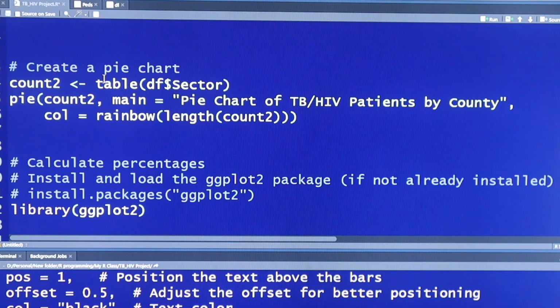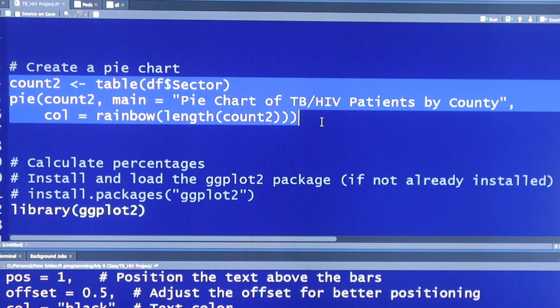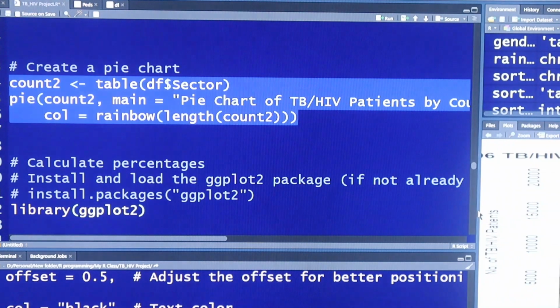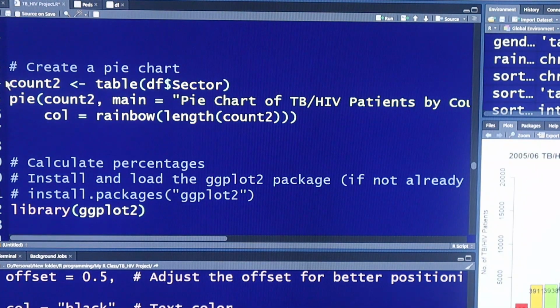We create another object for sector, and I call it count2. Then it's a table format. Then pie equals to count2, main title, color, then rainbow, and the length of count2. So when I execute that, let me open. When I execute this section here,